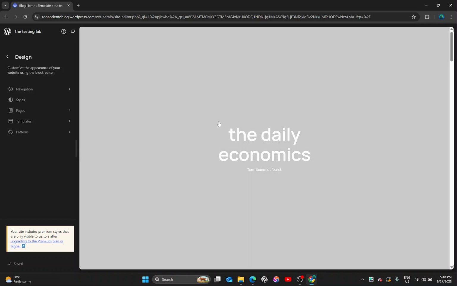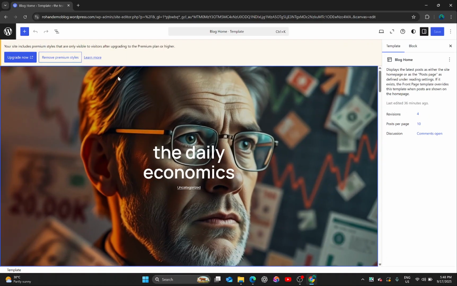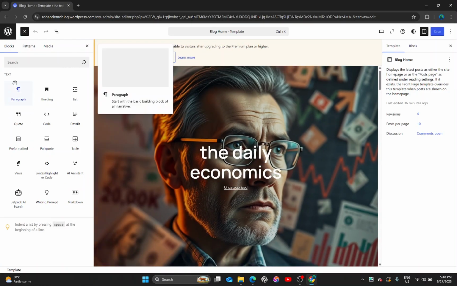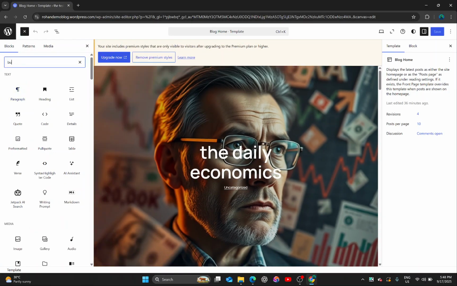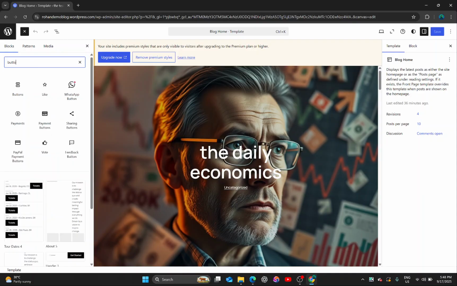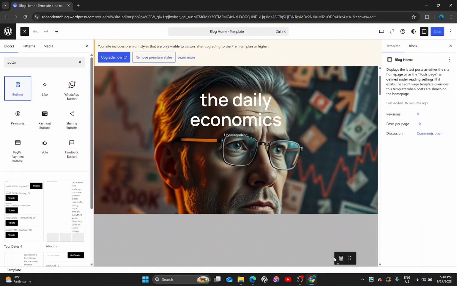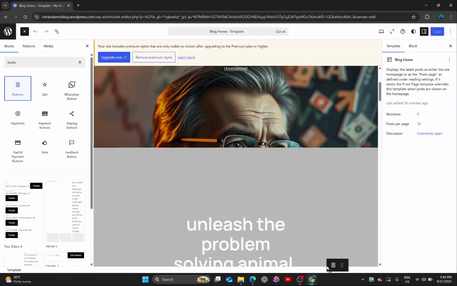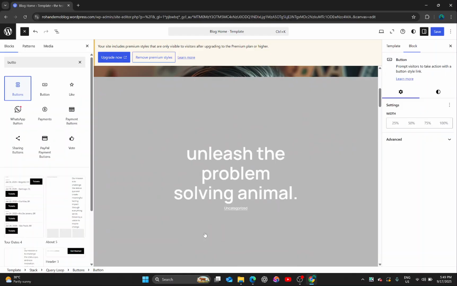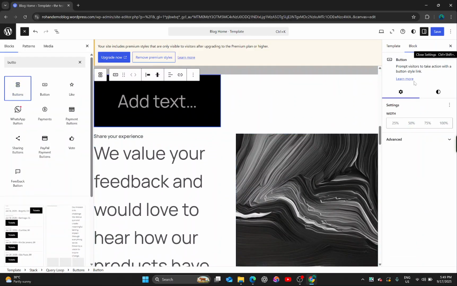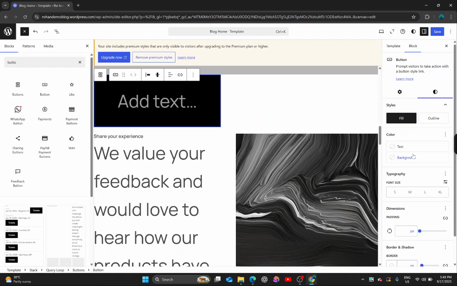And after you have reached the editor's page of WordPress, we are simply gonna go to the left hand side over here. As you can see, there is a plus icon. Just click on the plus icon and search for button. We're gonna add a button to our WordPress site firstly. As you can see, I'm just gonna place it over here. And on the right hand side, we are gonna go to the styles tab and click